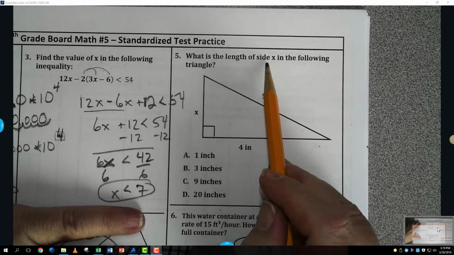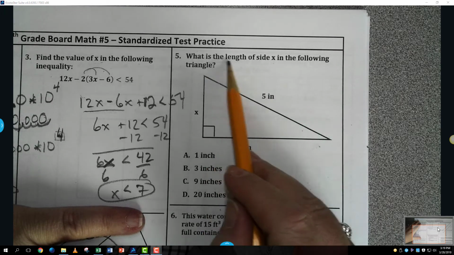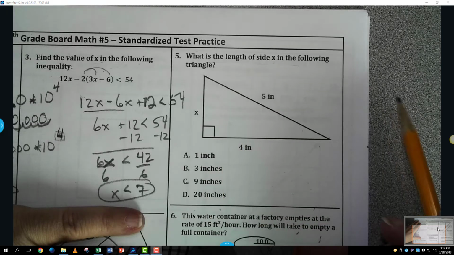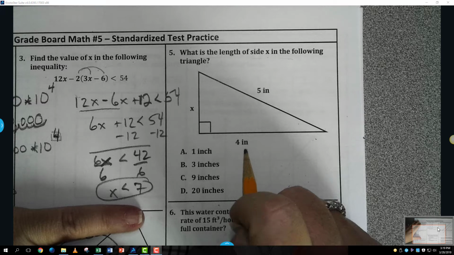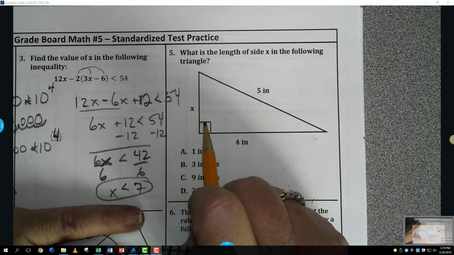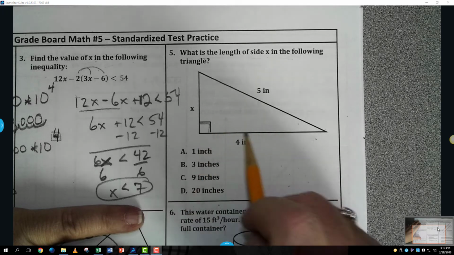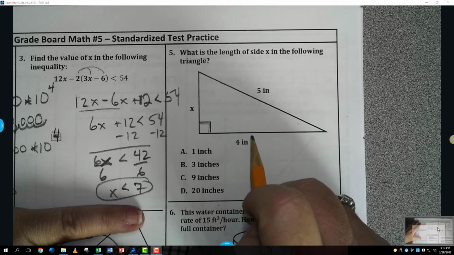What is the length of side x in the following triangle? So you have to use the Pythagorean theorem. The Pythagorean theorem is only used when you have right angle triangles, and it says that if you take the